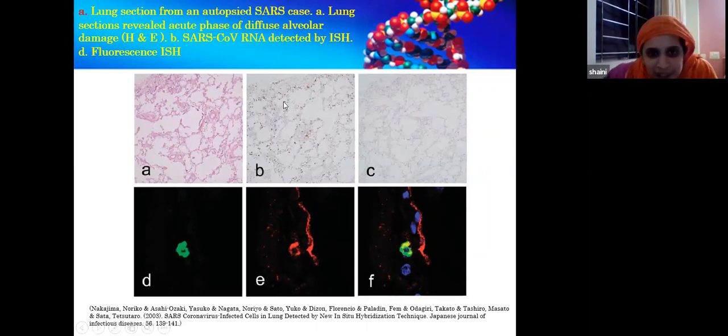I don't know whether it is clear. Can you make out the brown pinpoint marks here? Wherever it has shown the brown markings, it is the chromogenic in situ hybridization. In all these places you have the COVID virus, all these small dots that you see here. So it is localized. You can see exactly where the virus is localized in the lung tissue. Now this is something else. Here, in the same tissue, fluorescent in situ hybridization was done. So in that you just see the fluorescence being given out.